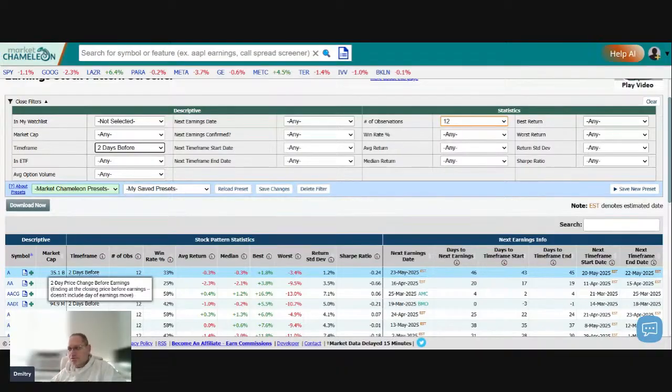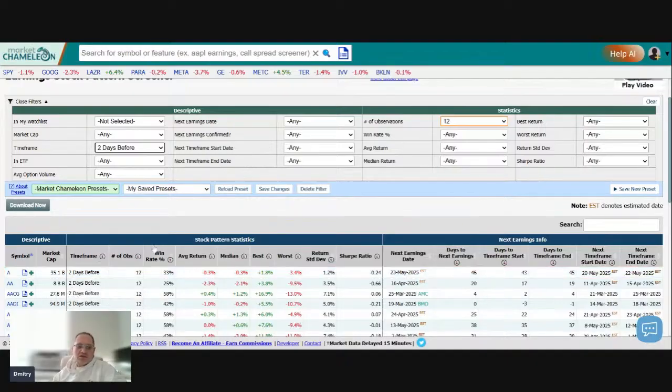So it's looking at how that stock behaved. Was there a run up? Was there a demand to buy stock? Was there a demand to get out of the stock? What did it tend to do? How did that trading crowd behave historically? And in the last 12 observations here,